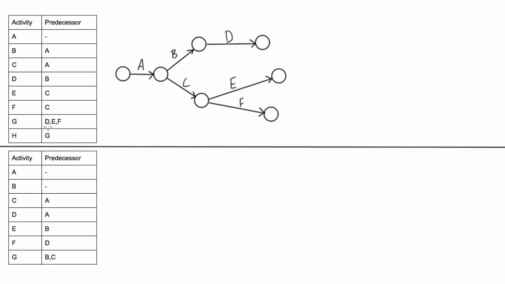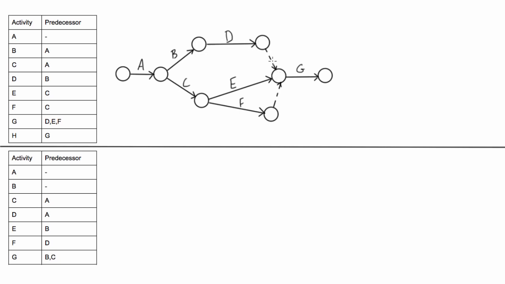Then when we went to draw activity G on here, in order to get all of the correct predecessors, we'd have to draw it like this. Now this has the correct predecessor relationships. We need D, E, and F to finish before G can start, and this is correct. The easiest one to see is E, right? E leads into this point where E is done and G begins,